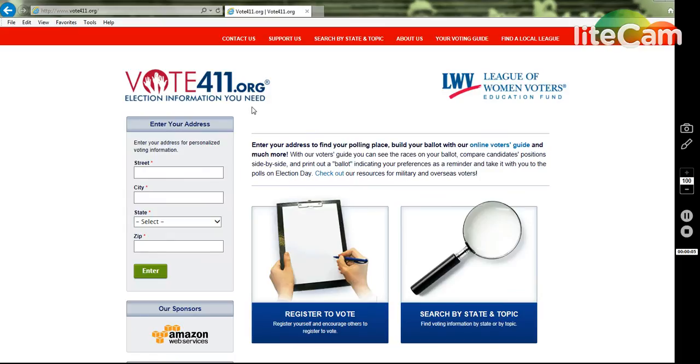Vote411.org is an online site where you can type in your address and it will pull up information about who will be on your ballot in November. It'll also pull up issue information as well, so you can go through everything and make your decisions before you go